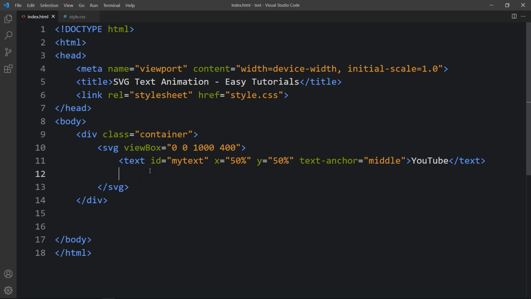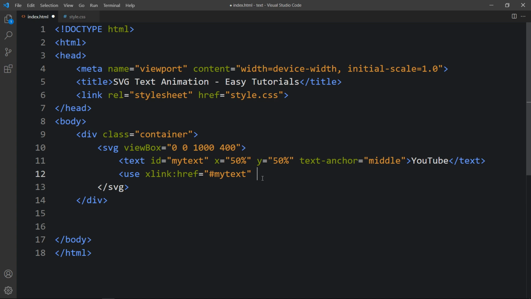After adding this text we have to duplicate this text. So for that we will add use xlink href equal to, and here we will add this ID which is my text with the hashtag like this.